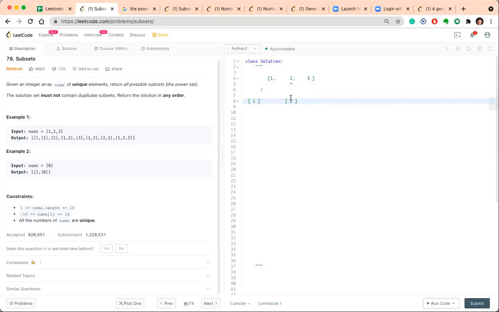And again, once this is done, we will increment our pointer to 3. Now our current element is 3. So we will be choosing 3. These are all the 3 sets that we can generate here.